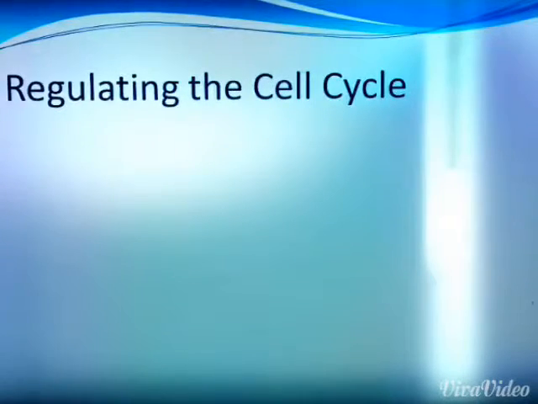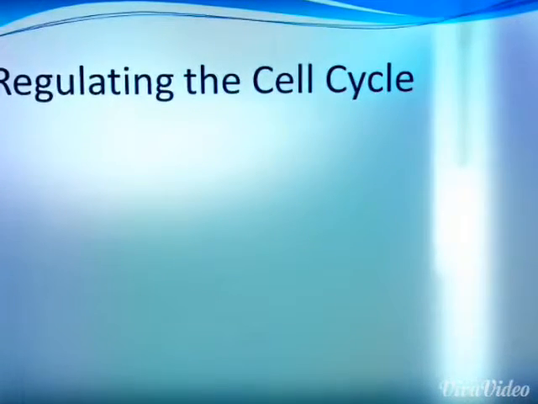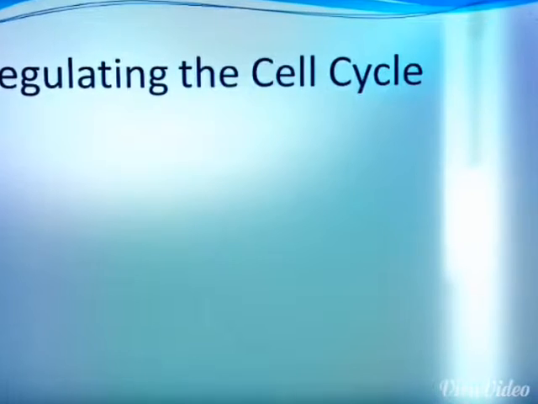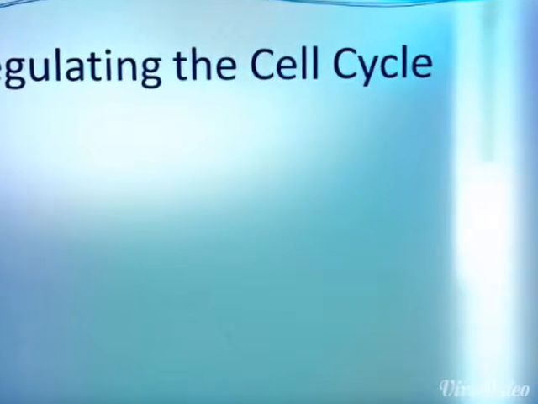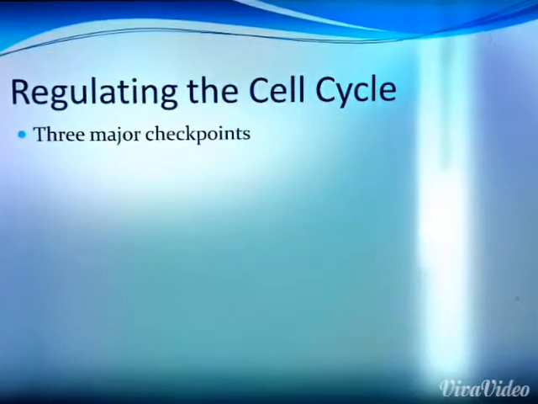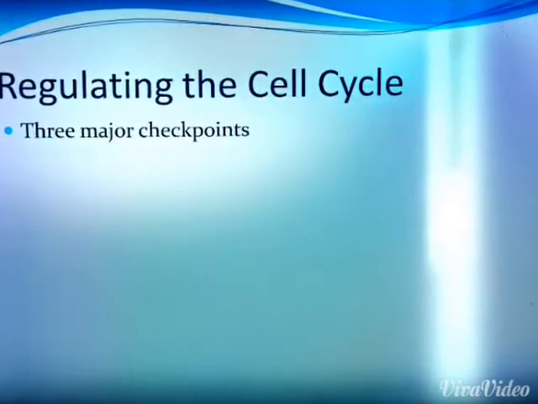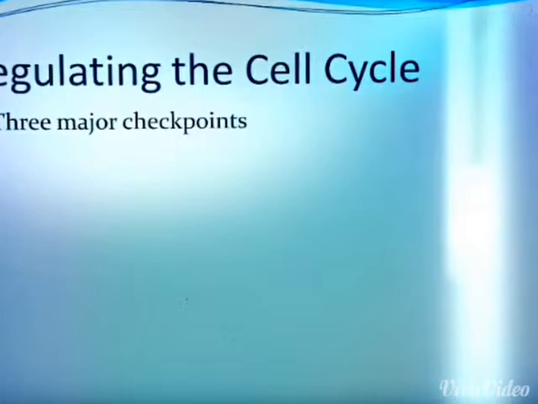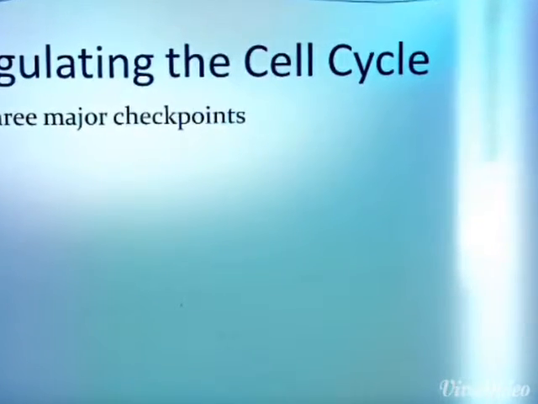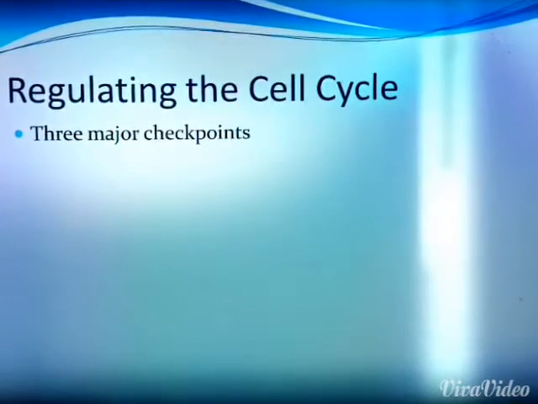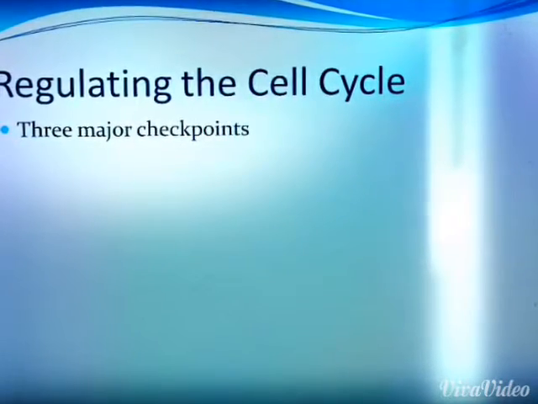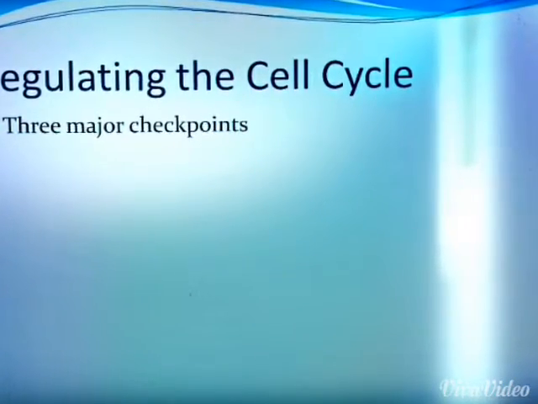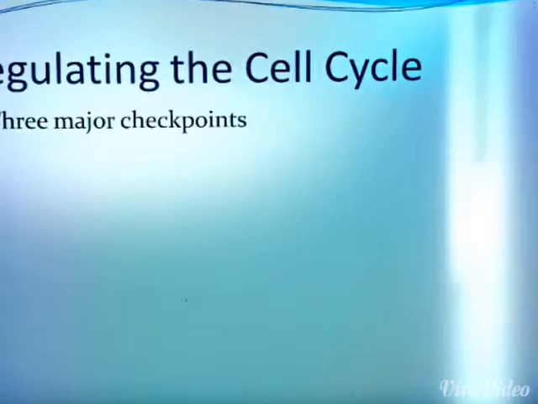Regulation of the cell cycle is important. So important that the cell cycle has signal molecules that check for errors in DNA at certain checkpoints. Signal molecules carry out checkpoints to ensure that each phase is being carried out completely and accurately. If an error is discovered at one of the checkpoints, repair is attempted, but if this fails, the cell enters G0 phase, where it does not divide at all.